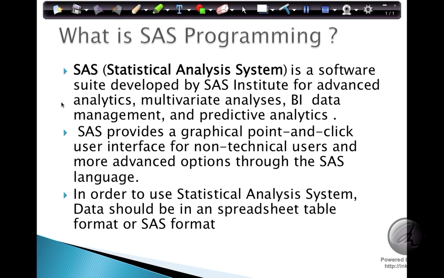What is SAS Programming? SAS stands for Statistical Analysis System, a software suite developed by SAS Institute for advanced analytics, multivariate analysis, BI, data management, and predictive analytics. So, in very simple words, SAS is a software suite developed by SAS Institute, and using this, we can do certain advanced level analytics. We can probably do BI, that is business intelligence analytics, and we can also specifically manage our information